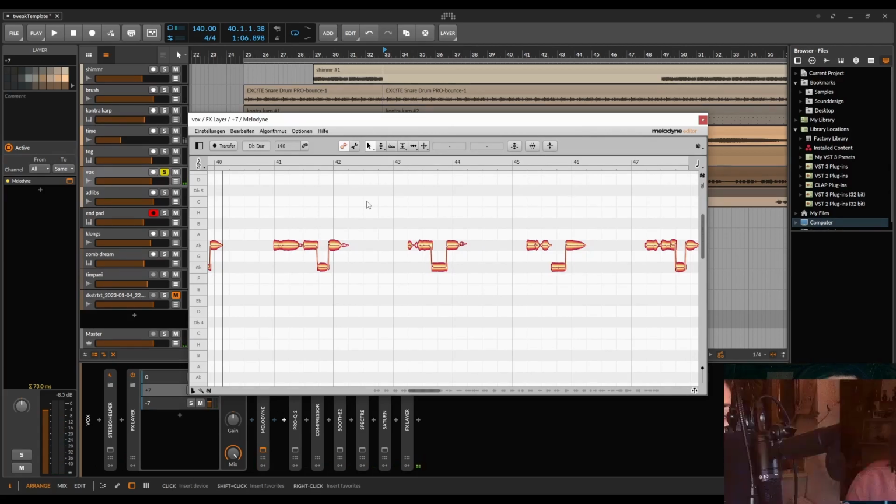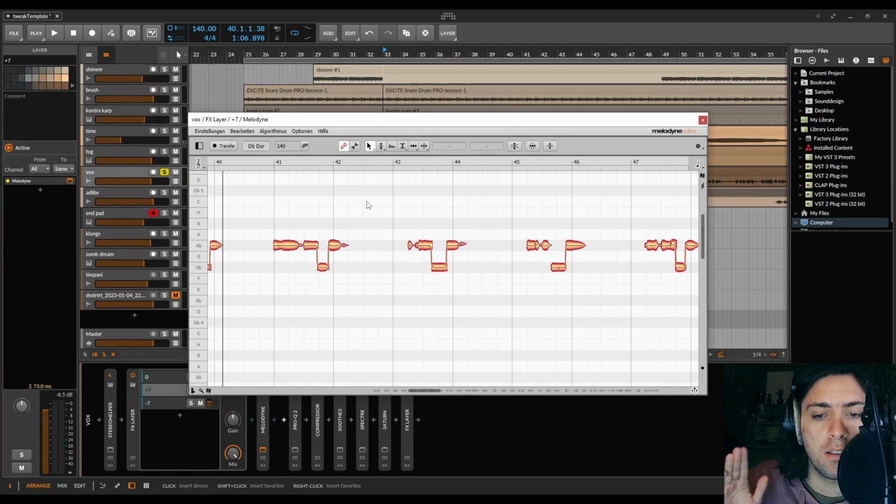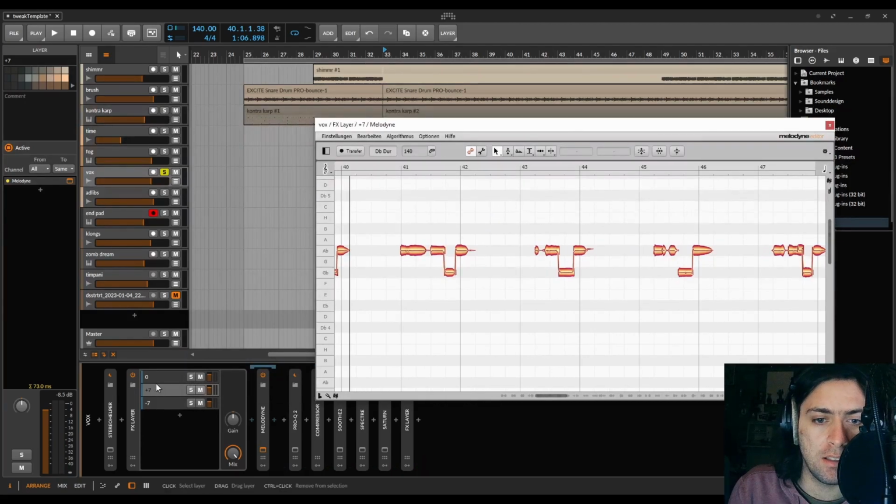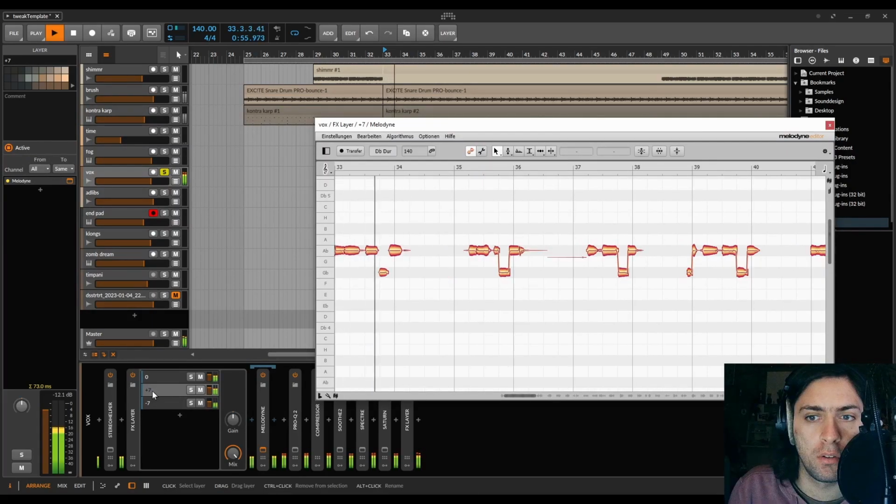But I don't know if you have noticed that yet, it immediately annoys my ears when I hear that, is that we now have the syllables twice in the whole thing. So what we can do now is select all with Ctrl-A and use the syllable tool and just drag down completely on the +7 layer. And now the syllables are only handled by the 0 layer and we only have the tonal aspects on the +7 one. Wandering through the void,